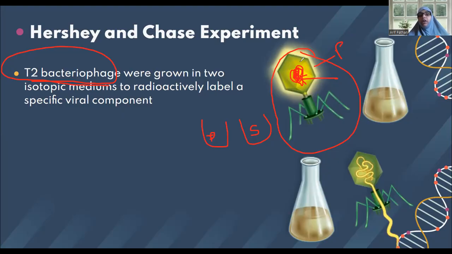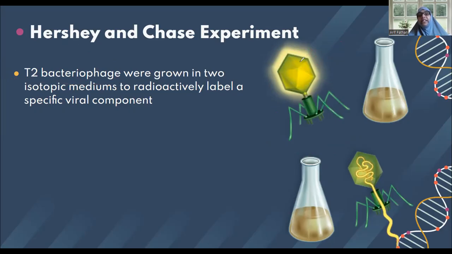So DNA or protein. Phosphorus is part of the DNA. In the first video, we saw the basic structure of the DNA, that a nucleotide is made up of a phosphate sugar group and a nitrogen base. So phosphorus will be present in the genetic material, whereas sulfur is a part of the protein. The body of the virus is made up of protein, and the genetic material is DNA in case of bacteriophage, which is the name of a virus which infects bacteria.